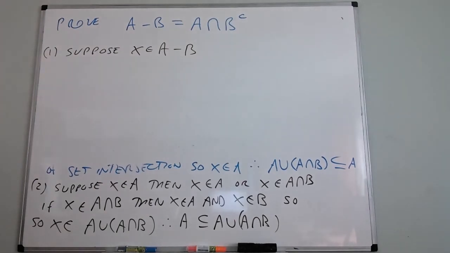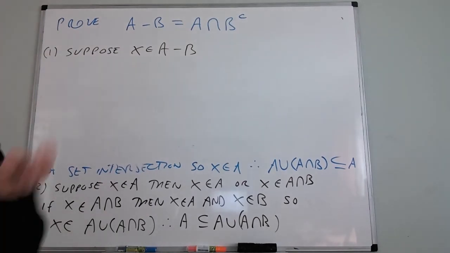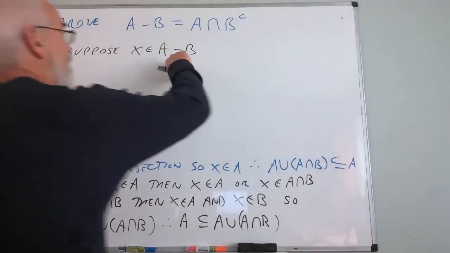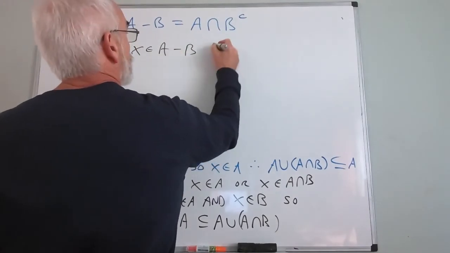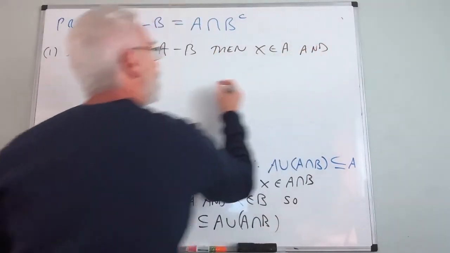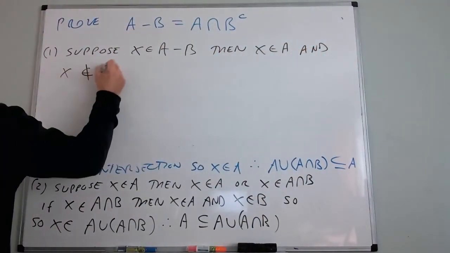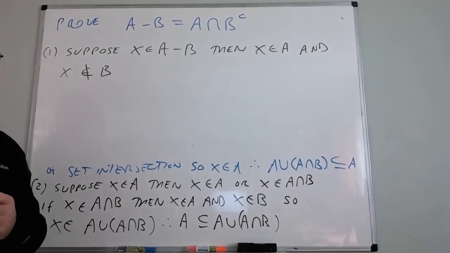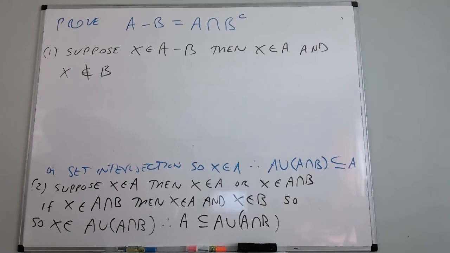Now, all you're really doing are definitions of things like, what does it mean to be in a set? What does it mean to be in a complement of a set, and so on. So what does this mean? Suppose X is an element of A minus B, then X is an element of A and X is not an element of B. That's what it means. A minus B means B has been removed. So X cannot be in B. Okay, so if X is in A minus B,